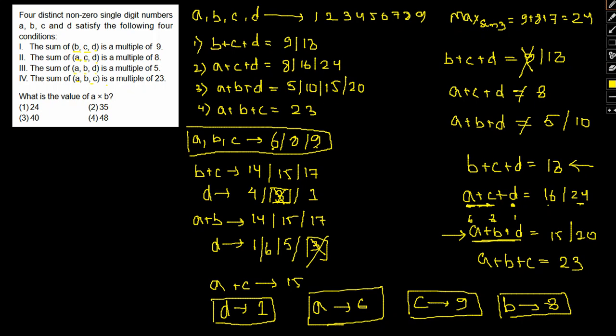Okay, I hope this question is clear to you. Therefore a into b would simply be 6 into 8, or 48, as our answer, option 4. So I hope this is a very interesting question. A lot of points to consider, a lot of things to keep in mind while solving it. The approach involved was the way we attempt each and every question. So I hope all these things are clear to you as well.